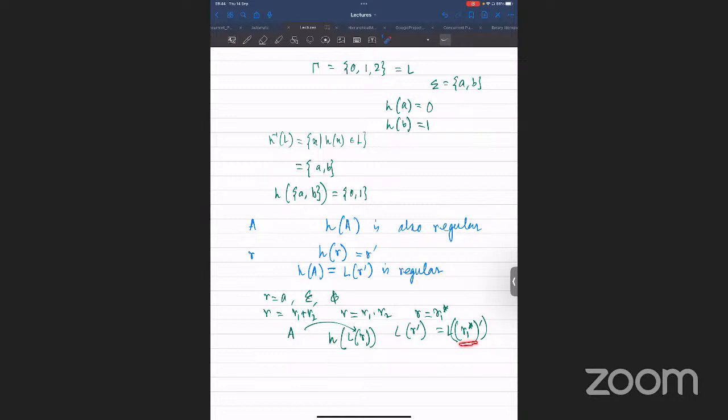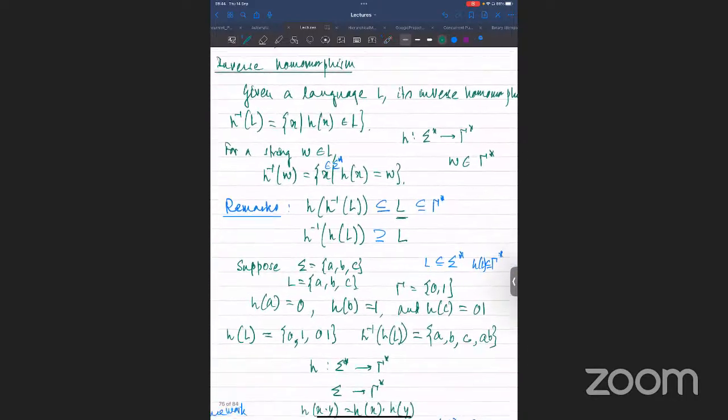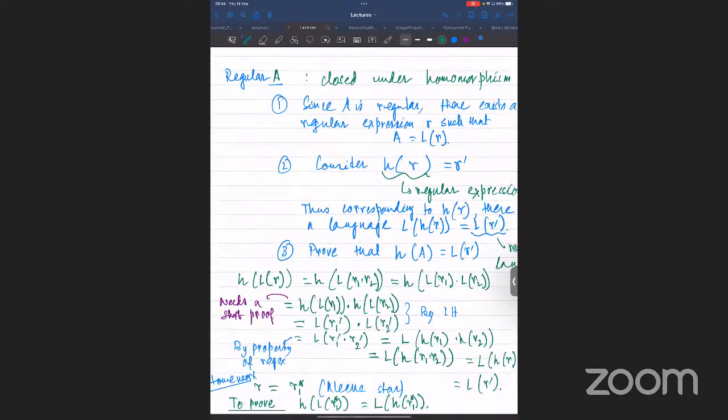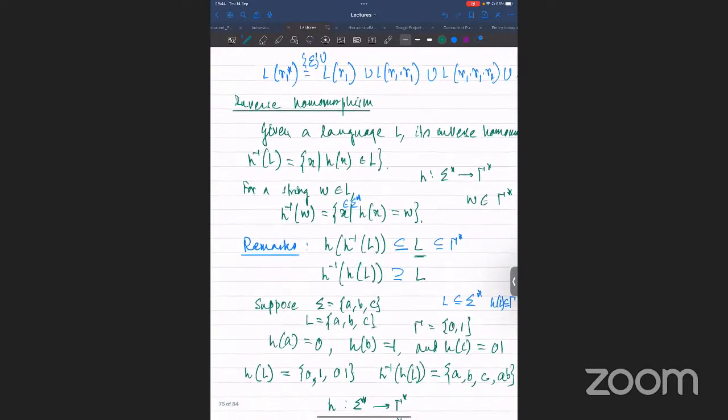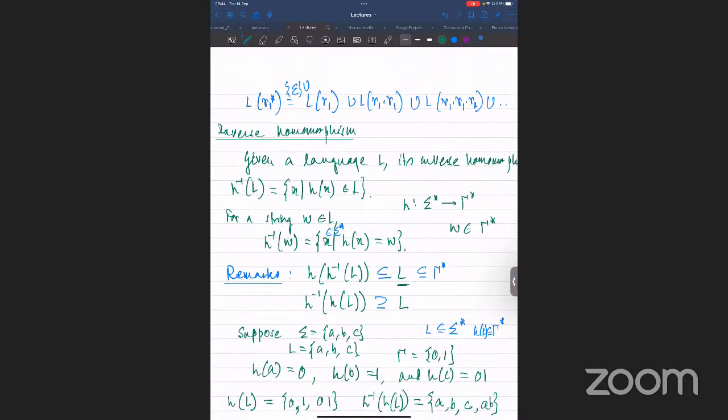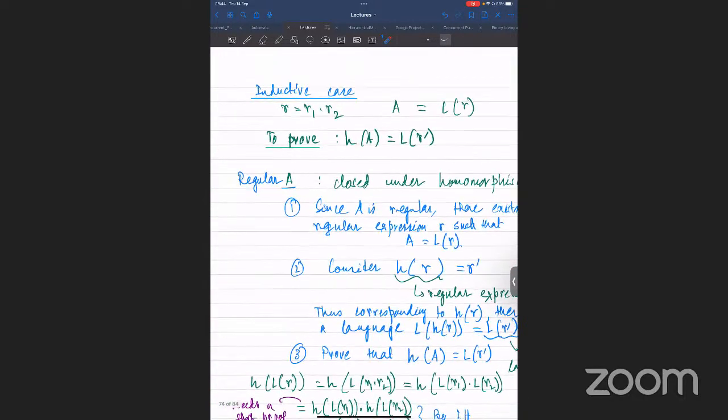And this is exactly the same process. The only thing is that when you are using R star, we should use the fact that R star is the same as this thing, for example,